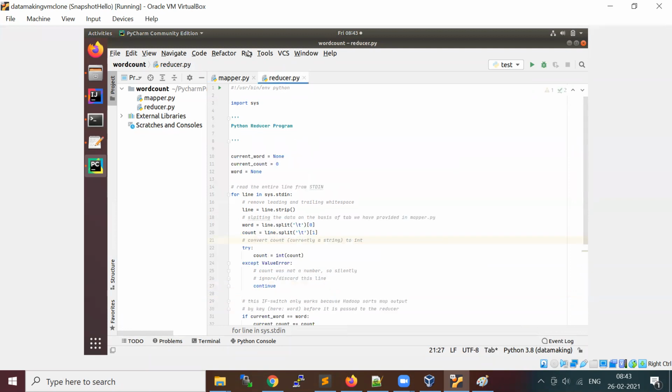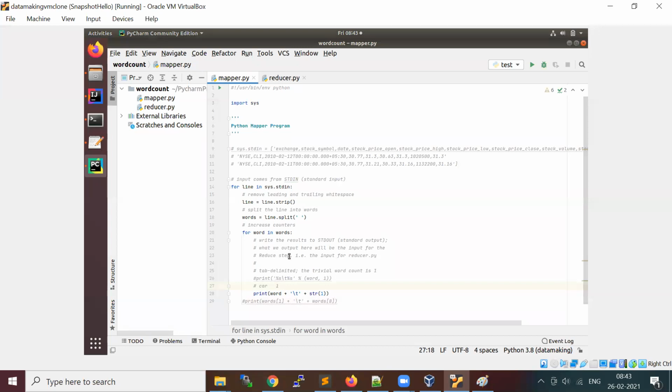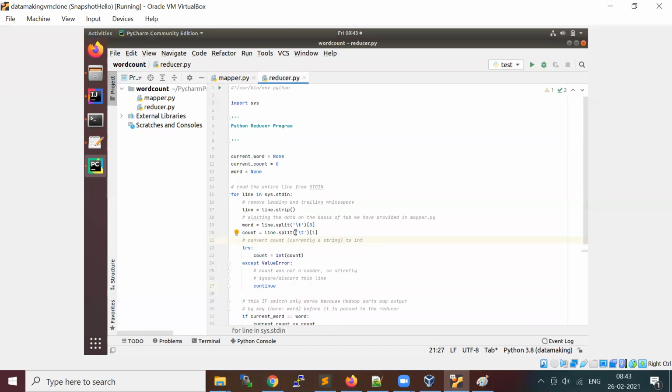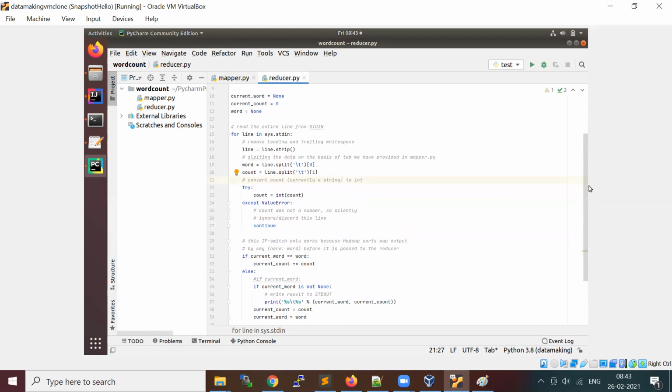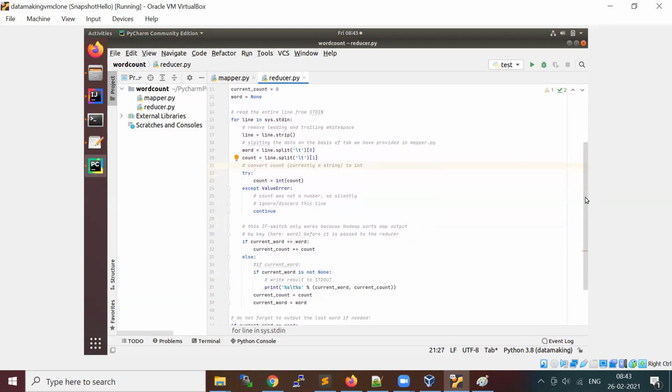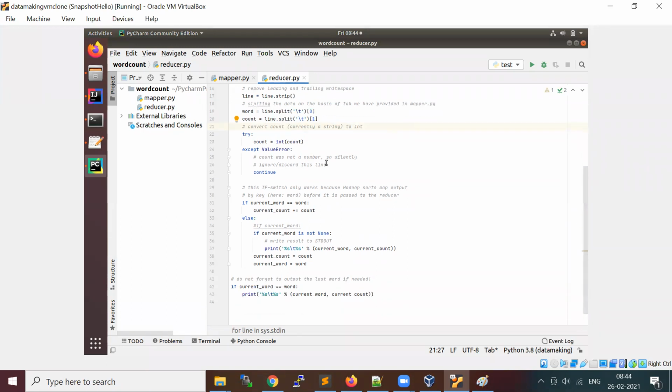In the reducer, before the key value pairs come to the reducer, the framework will sort your key value pairs and give them to you, and then you have to build your own aggregate logic. So basically all the same words will be coming as consecutive key value pairs. You keep it in a variable and compare whether the previous word and the current word are the same. If it is the same, increment. Whenever the word changes, you write it to the console, which will go on to write into the HDFS. So that's the logic we discussed.